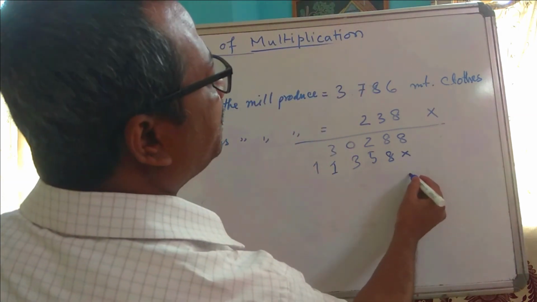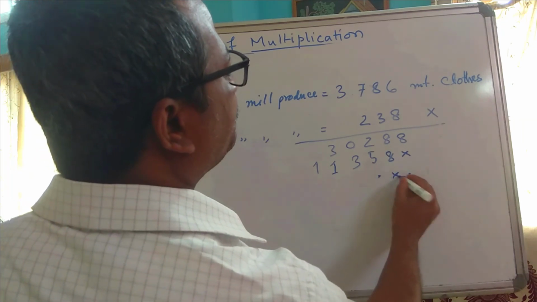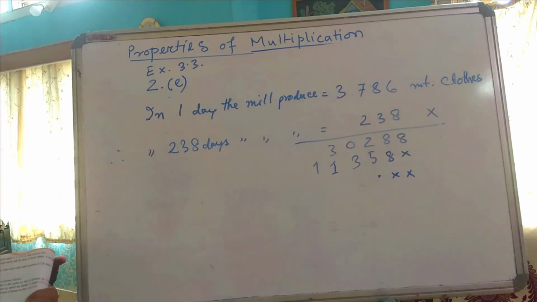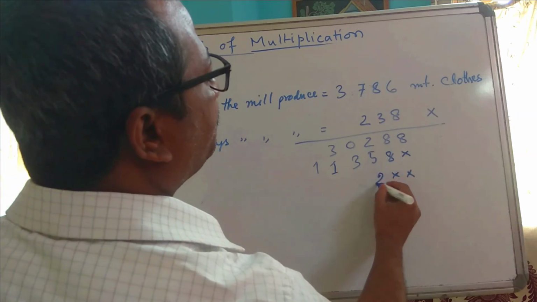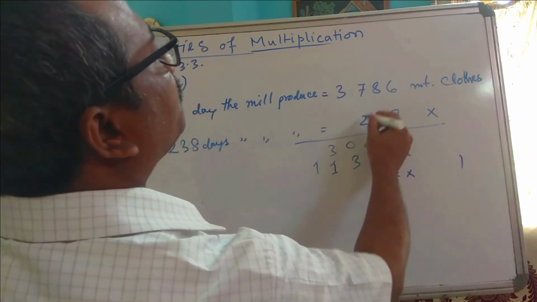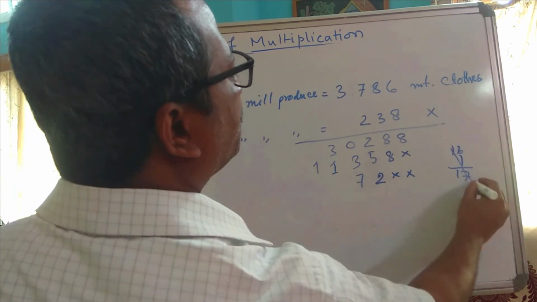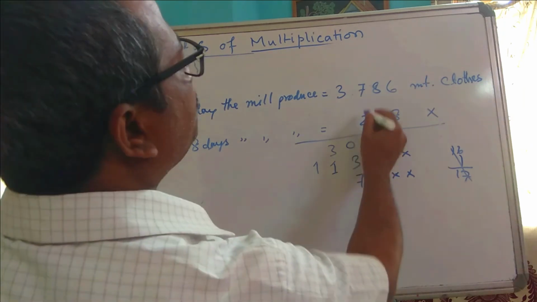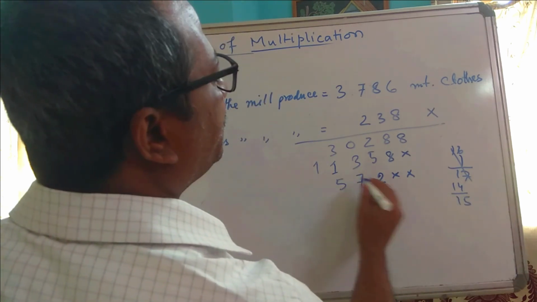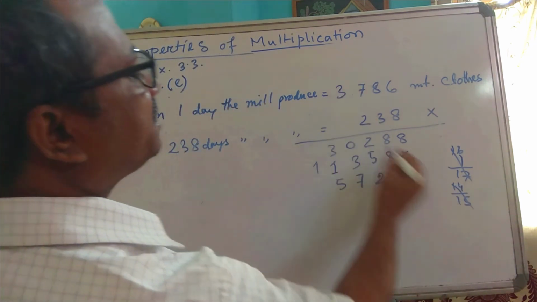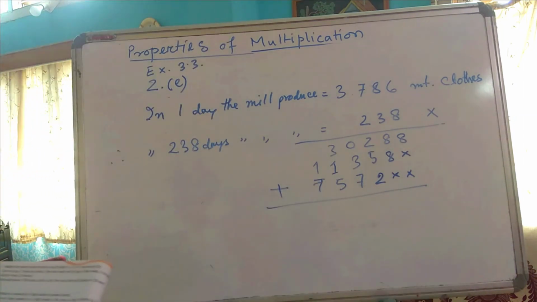So unit place, 1 place, 10 place, 100 place. So these 2 places will be left blank. Now we will put the product from the 100 place. 2 times 6 are 12. 1 left, 2 times 8 are 16, 1, 17, 7 will come here and 1 will remain. Then 2 times 7 are 14, 1, 15, we'll put 5 here, 1 will be left, and 2 times 3 are 6, 6 and 1, 7. So we have to add them.